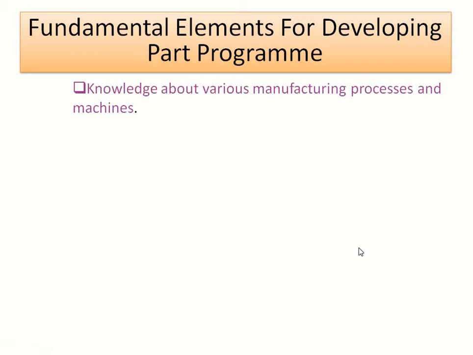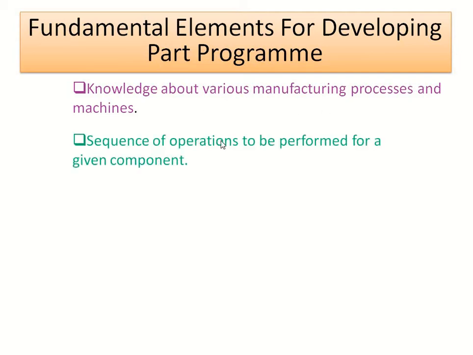Fundamental elements for developing a part program. First one is knowledge about various manufacturing processes and machines that is required for developing the program, and then the sequence of operations to be performed for a given component, because all operations we cannot complete on a single machine. So we need knowledge of all the machines and their programs, and which operation is done on which machine, that initially we can specify, and the sequence of operations we can perform depends on the given